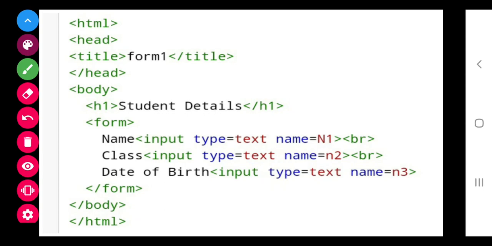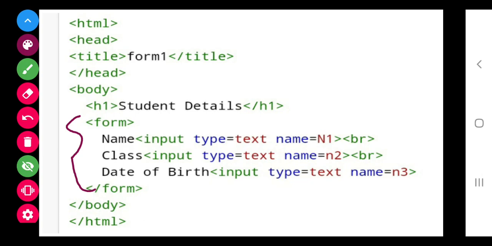Now next, I have created some programs in your mobile app. As you know, in HTML, head, title I have written as form 1, then body, you all know till here, body close and HTML close. Now class, this is the heading that I have made for it. Now the main thing is this to learn.